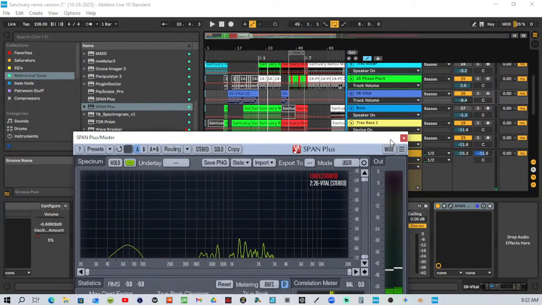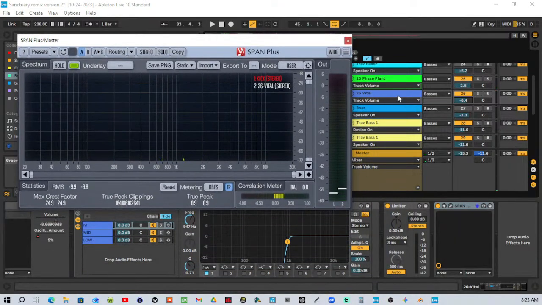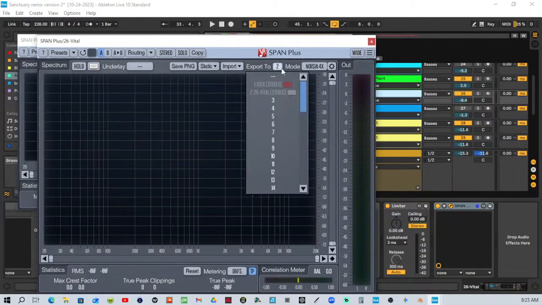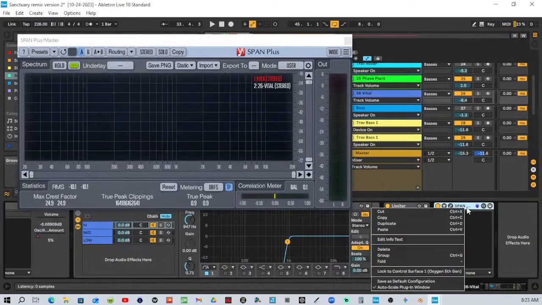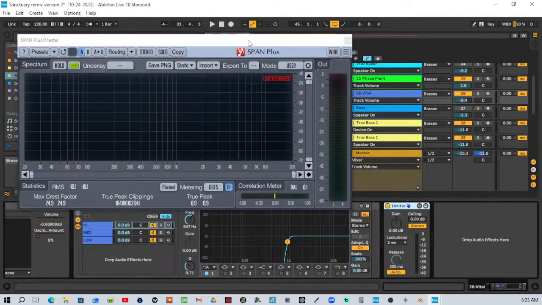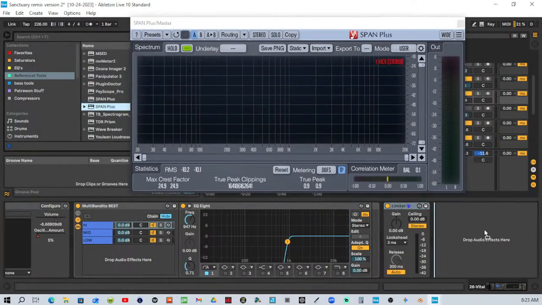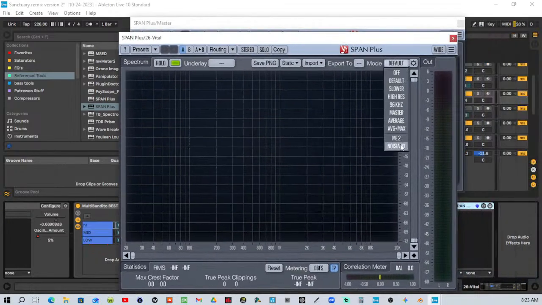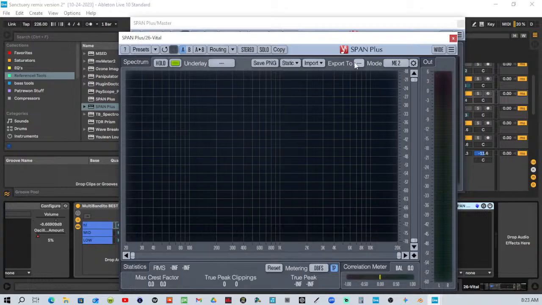What the fuck is going on here? Let me see here. Let's call this guy. Let's go. Take it off. So this is what sucks about Span Plus. I don't know why. Maybe it's just my version of Live or my computer. I'm not sure. I got some crazy glitch that happens, that if I don't